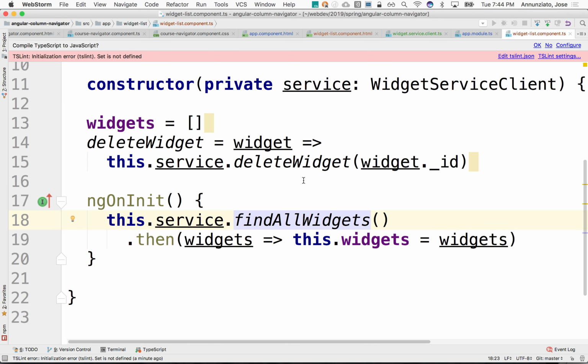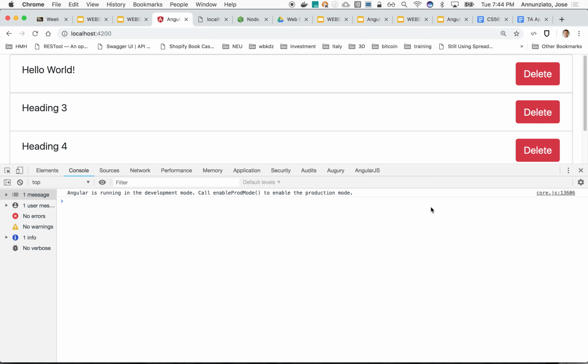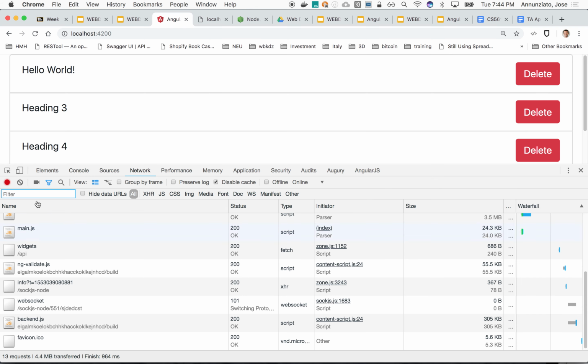Now this service, after we delete, probably we want to refresh the widgets. One thing that we could do, so that we don't have to go fetch the widgets again, is on the server we could just return the widgets that survive, for instance, all the widgets that are left after having removed that particular widget. But for now, let's try this out. What we have so far, and notice that if we click on delete, right? If we click on this,